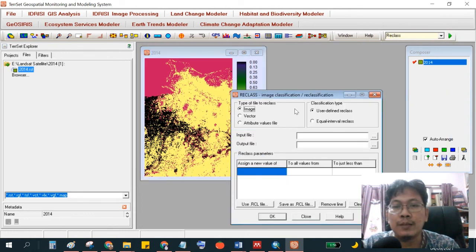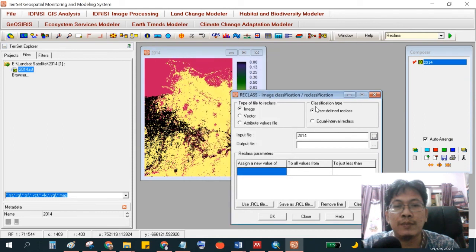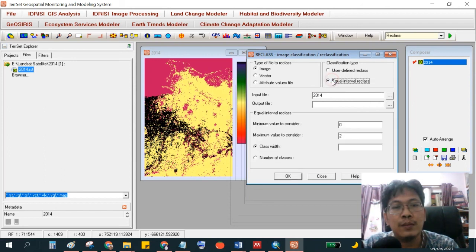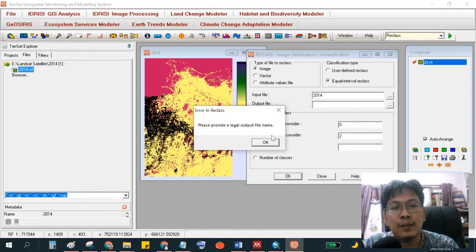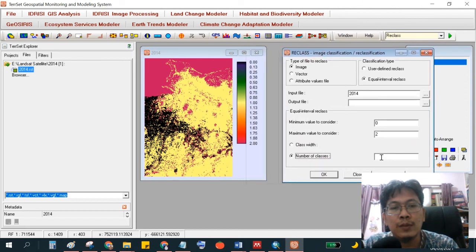Okay, for the exact classification we only need 1 for build up, 2 for vegetation, and 3 for water.